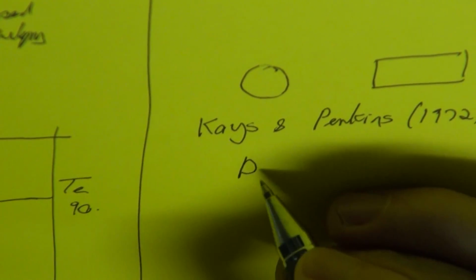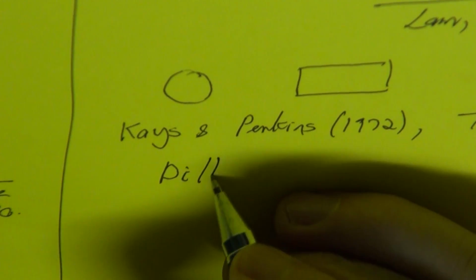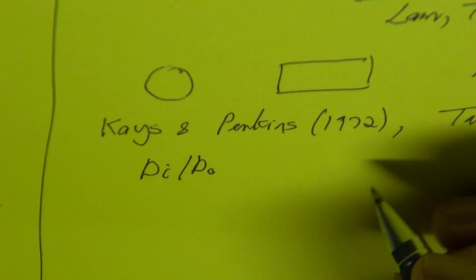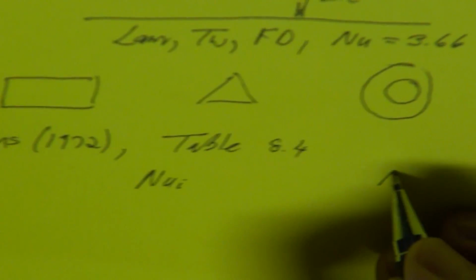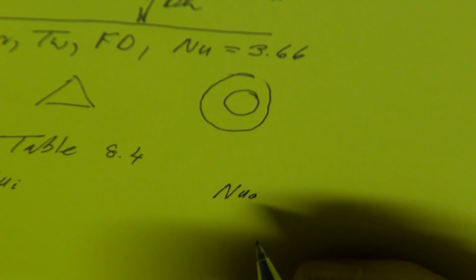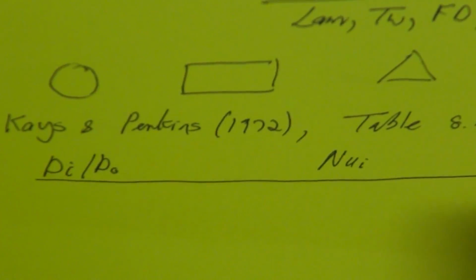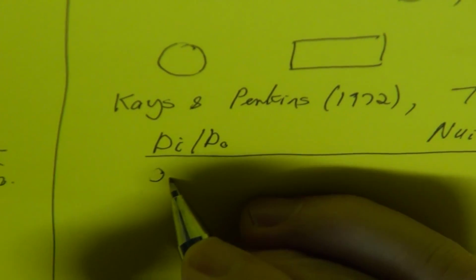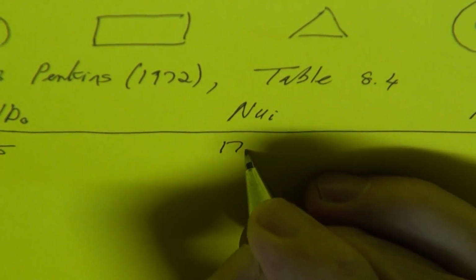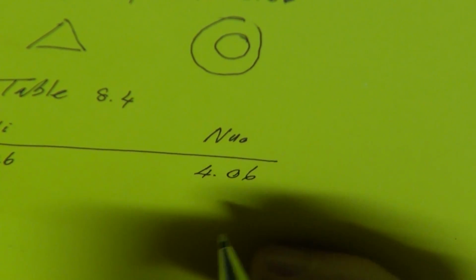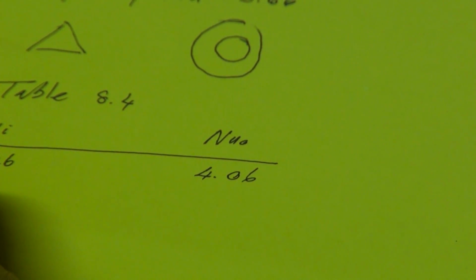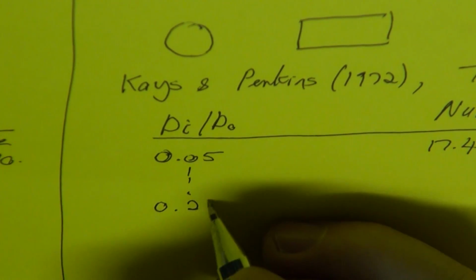which has been given for different ratios of inner diameter divided by outer diameter, is given for different Nusselt numbers on the inside and different Nusselt numbers on the outside. So, for example, if this ratio is equal to 0.05, then the Nusselt number on the inside is equal to 17.46, and the Nusselt number on the outer wall is equal to 4.06. I'm not going to write down all the values, but the important one for our case is